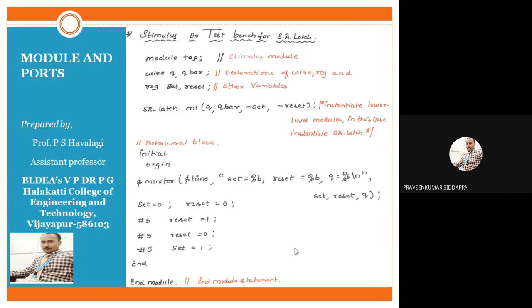Because of that reason, the fourth line is the invoking procedure. We have to invoke the code whose functionality we want to check. What name did we give in your Verilog code? You can check it. After module, we have given a name for that particular code, so we have given sr underscore latch. The same name we should provide here in the fourth line. It is nothing but that whole code, whatever code we have written, we have dumped it here.